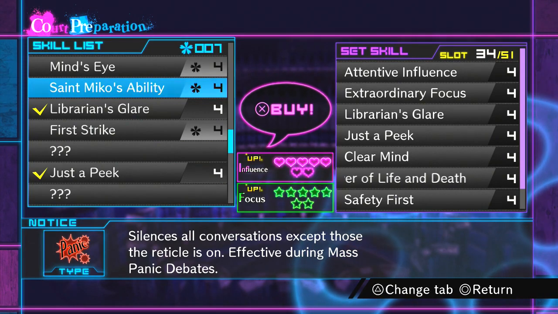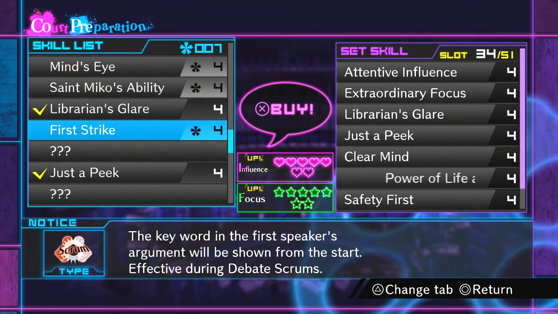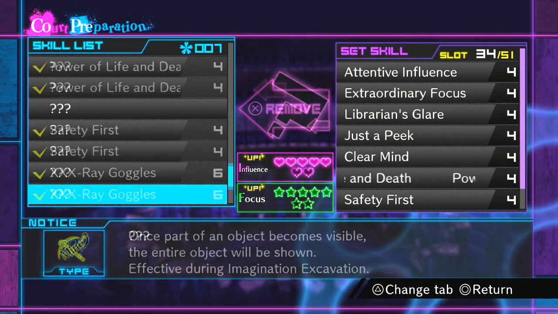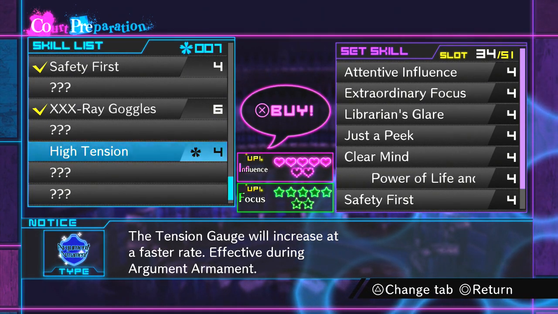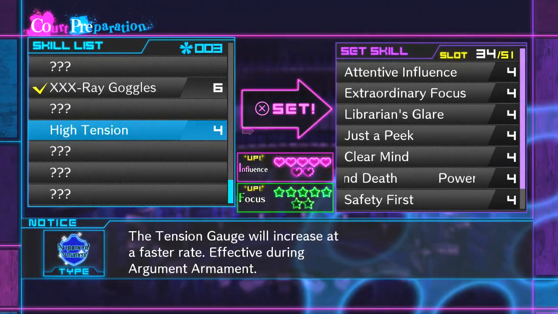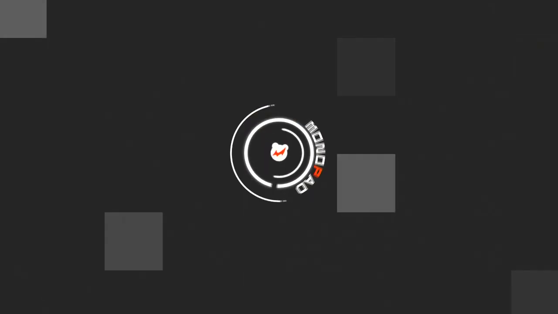Senses all conversations except... I don't even want that. Keyword in the first speaker's argument was shown from the start. That's in the scrum. There's nothing I really care about. The tension gauge will increase at a faster rate, I guess? Go on then. We'll go for that, I suppose. Just to have something. Sorted. Handbook. Okay, let's check out all of our truth bullets. We did collect quite a few, so...